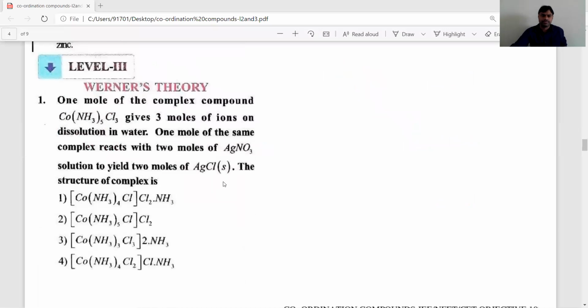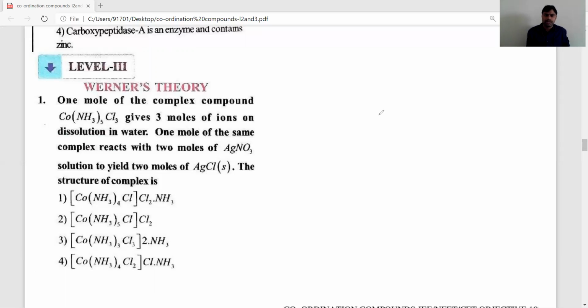Level 3, first question. 1 mole of the complex compound gives 3 moles of ions when dissolved in water. The same 1 mole of the complex reacts with 2 moles of silver nitrate. What is the correct structural representation of the given complex compound, they asked. This kind of question is important. Co(NH3)5Cl3,